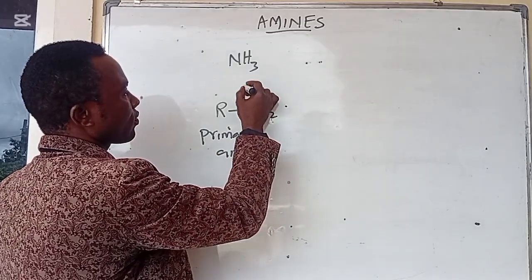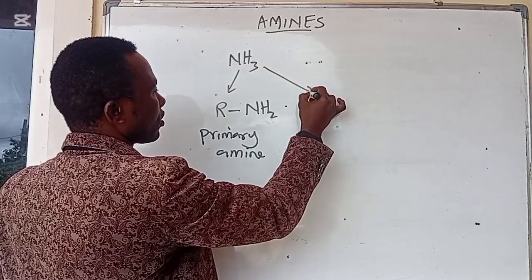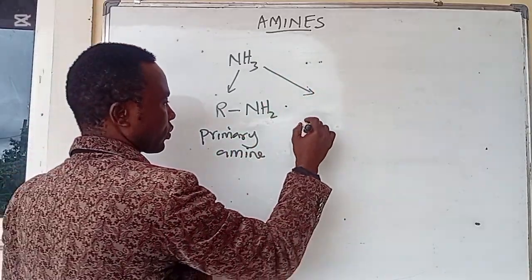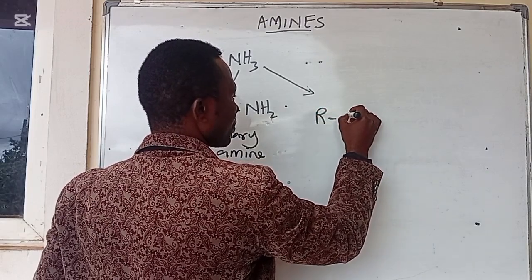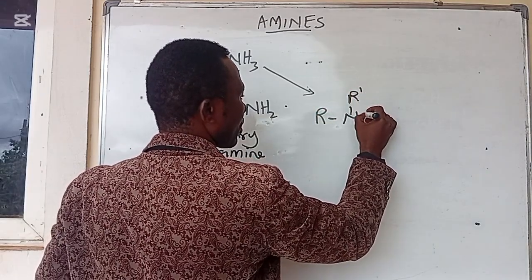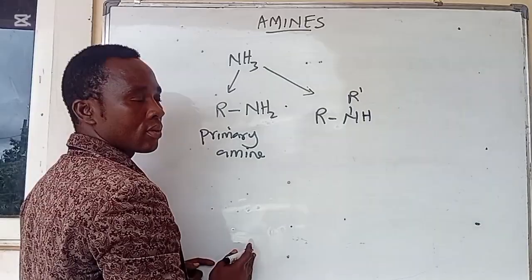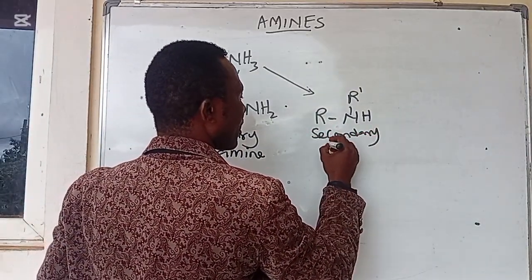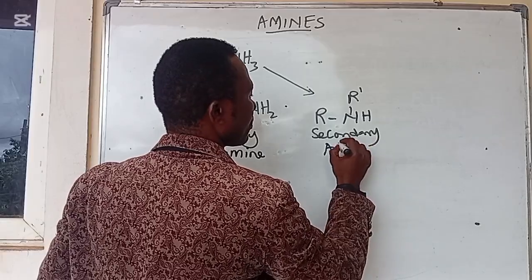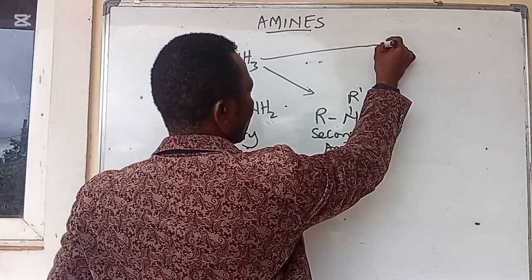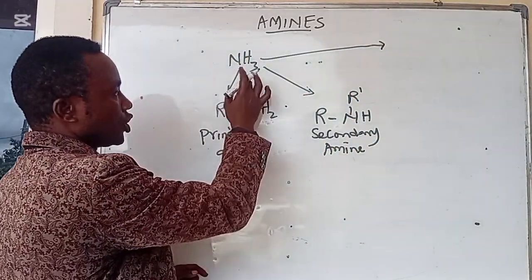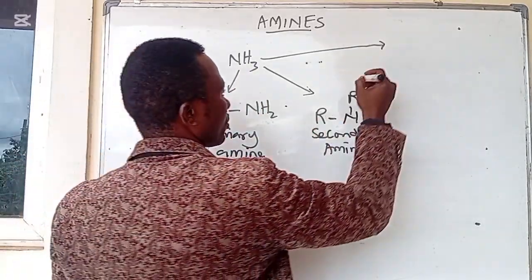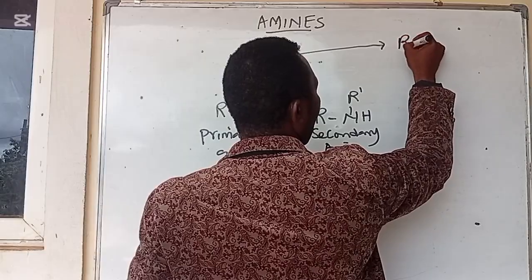But if two of the hydrogens of ammonia are replaced by an alkyl group, you'll be having R'R'H. Okay, this is what? Secondary amine. But if three of the hydrogens of ammonia are replaced by an alkyl group, we'll be having R'